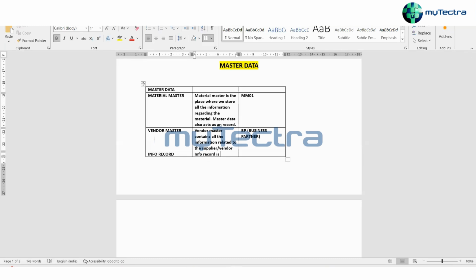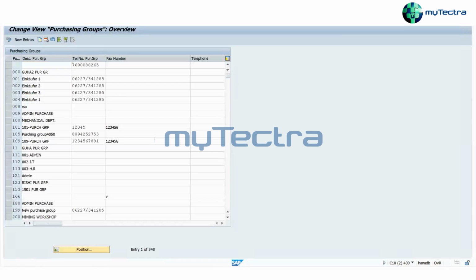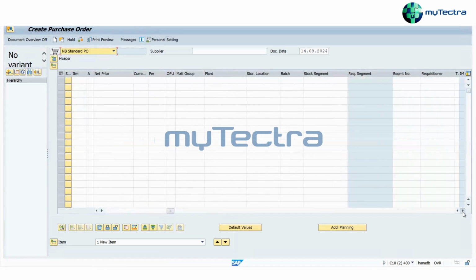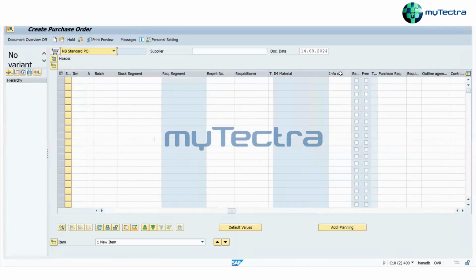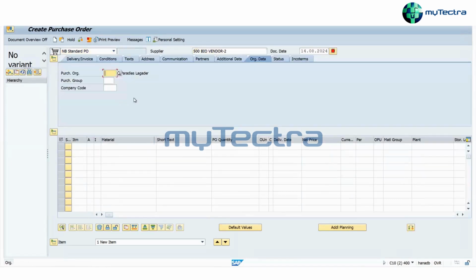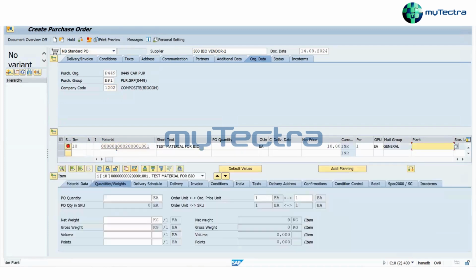No, it comes under the PO. If you work on the PO, say suppose I show you the PO part. See, this is the PO which we make. If you go here, you have an option called info record. See this one. Right now, suppose I am making a PO. This is the vendor I choose. This is the purchase organization, purchase group, company code I choose. Then I choose this material, and then I hit enter.